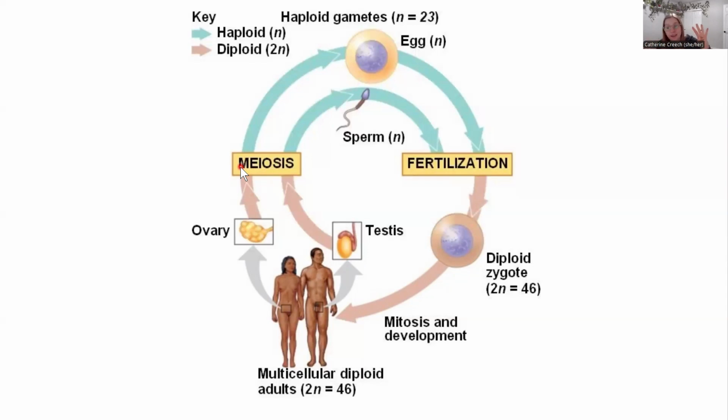But the key for the life cycle part is that each of these is haploid. It has half of the information you need to make a full person. It has 1 set of chromosomes. And it has 1 set of chromosomes because to make a human, you need 2. So you're going to put 1 in your sperm, 1 in your egg, and when they fuse, you'll have two